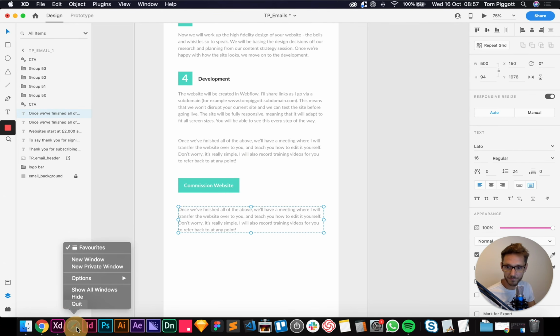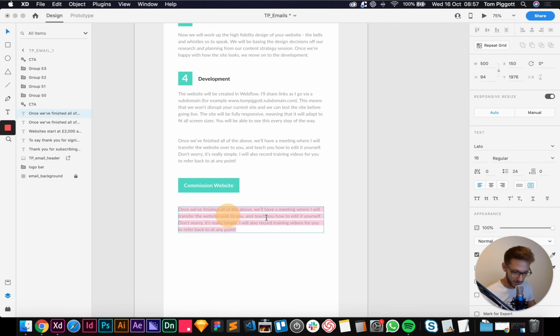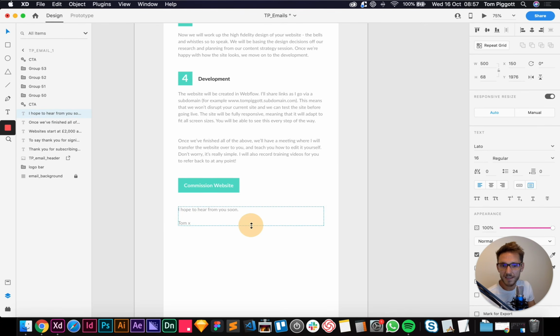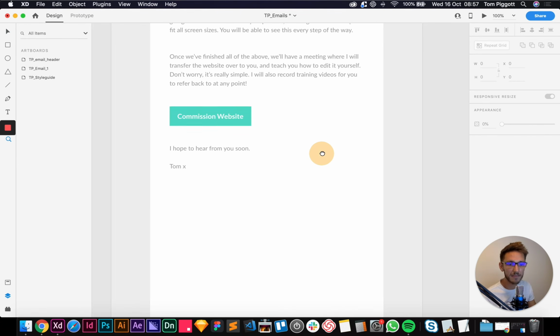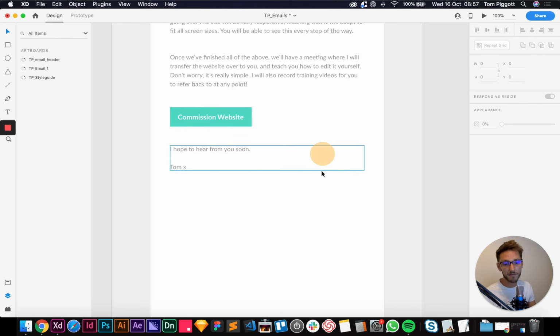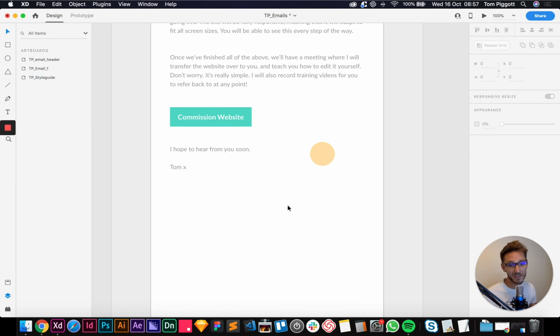And then, didn't mean to open that. Paste that text in there, and I'm just going to put a little kiss on the end because that's nice and friendly. If I was working in a marketing department at the moment, they would tell me not to do that, but I'm working for myself, so I can do whatever I want. Okay, so that's all looking good.